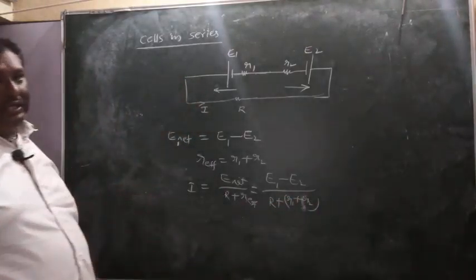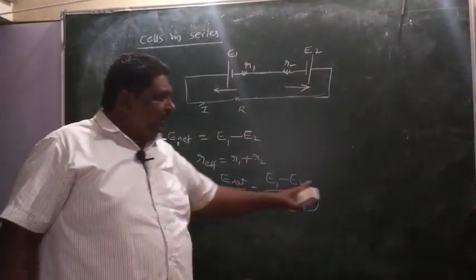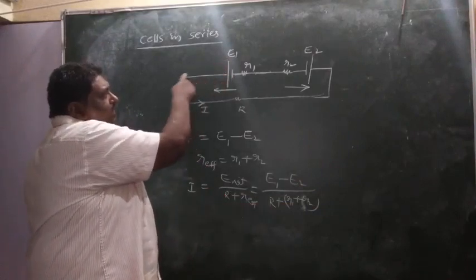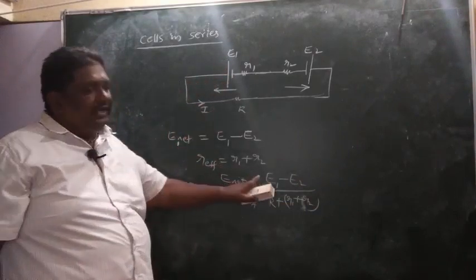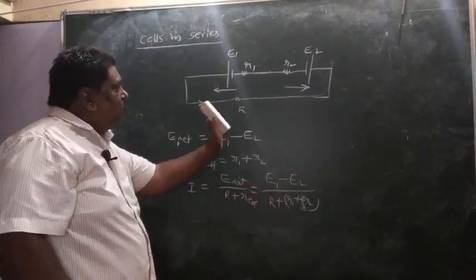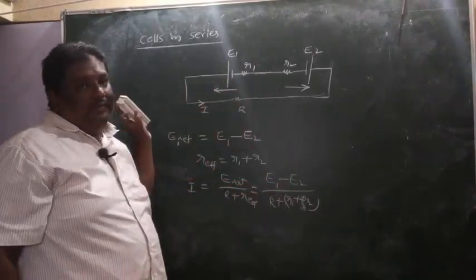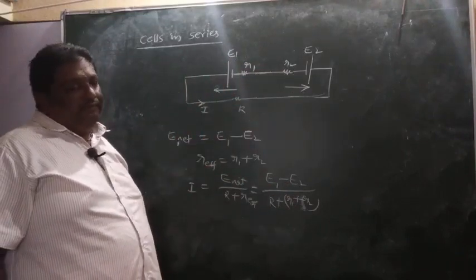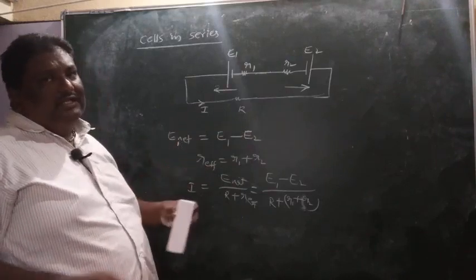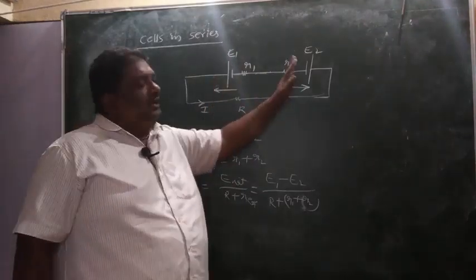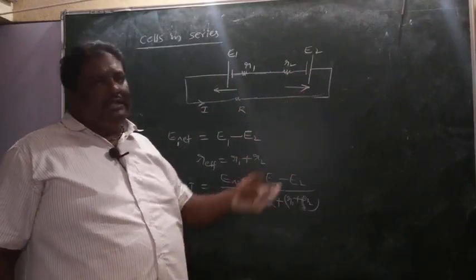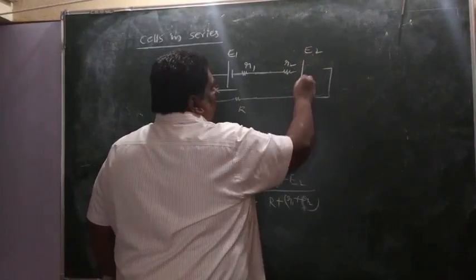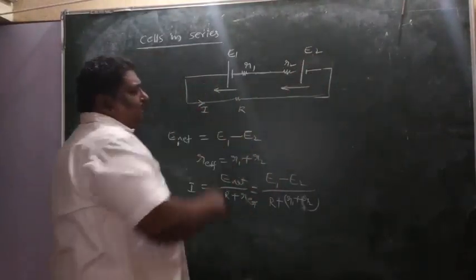Like this you have to solve. Suppose the answer you got is negative. What I thought, current is passing in the E1 domination, but we got a negative sign. That means E2 is dominating, so current we have to take in the reverse direction. If you got a positive value, no problem, current is passing in this direction. But there is no guarantee that in every exam question the cells are given opposing; sometimes they will support. Suppose this cell is reversed, like this, meaning sending current in the same direction.